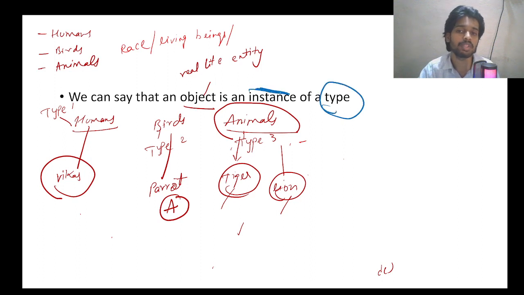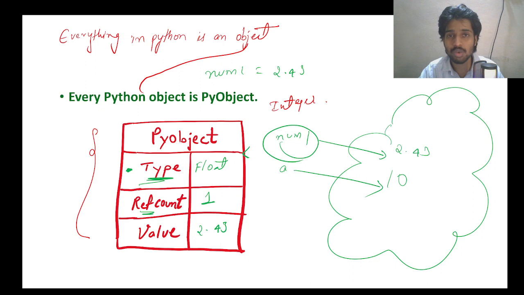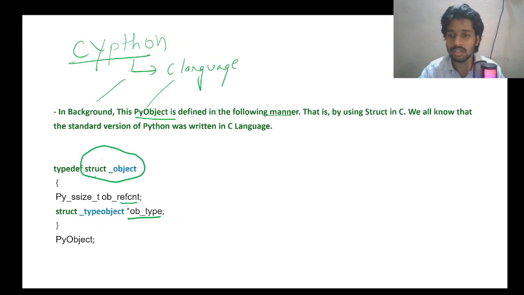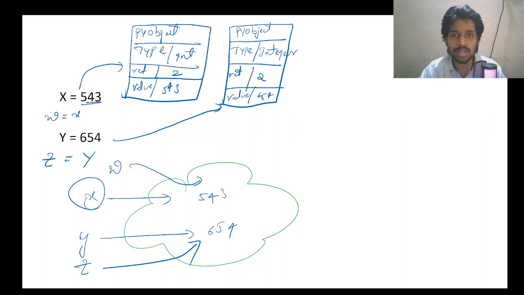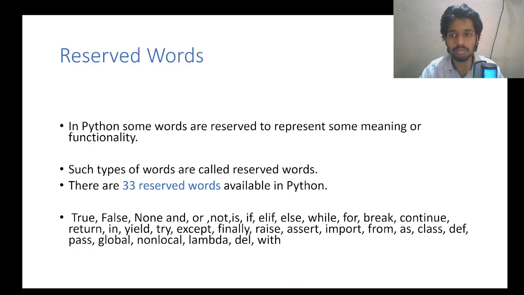Instance is like a part of a type. Like Vikas is an instance of humans, parrot is an instance of birds, tiger is an instance of animals. It's like a part. That's what instance means. So object is an instance of type. We discussed how we actually represent these objects inside the memory. We use the PyObject. This is how the programmers declare the PyObject using C. So I explained how references will be incremented. I hope you understood the concept till here. Now we'll start